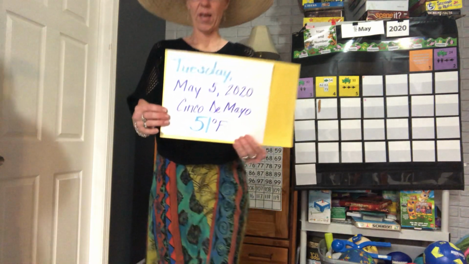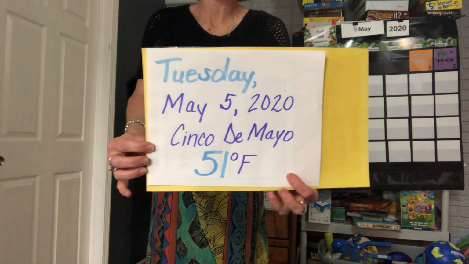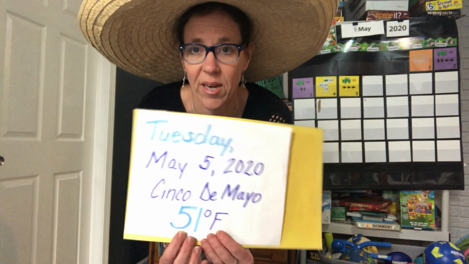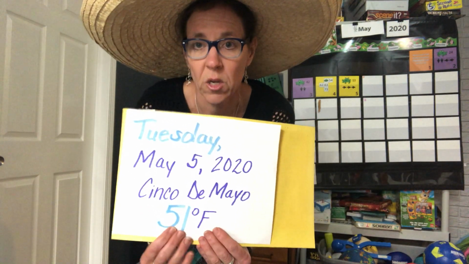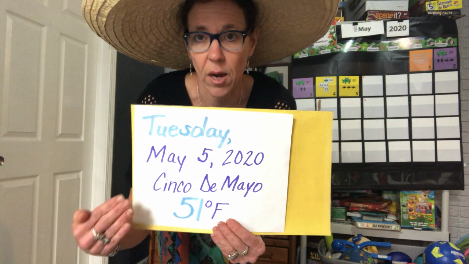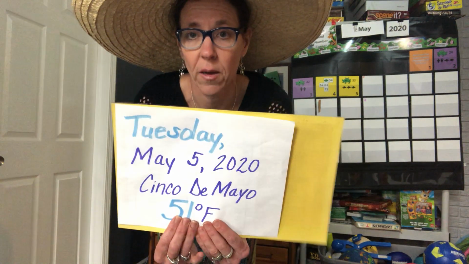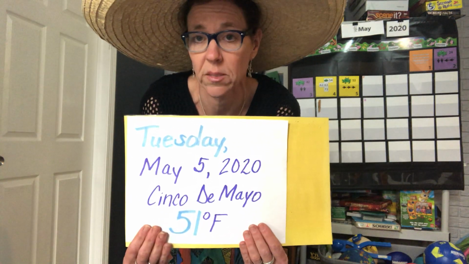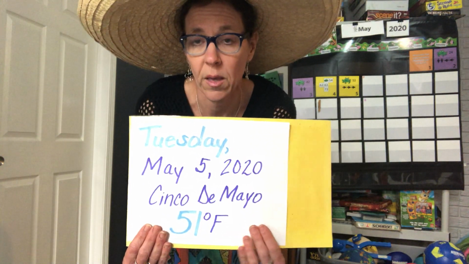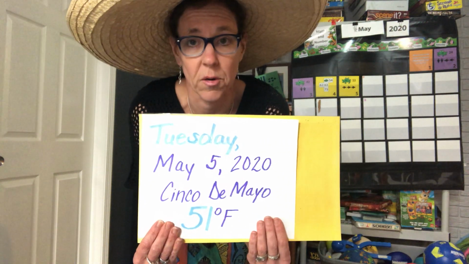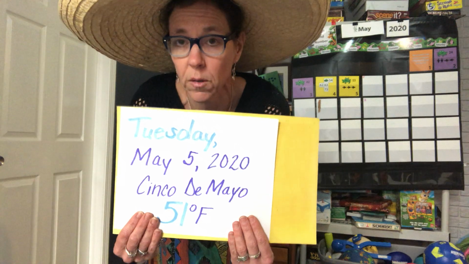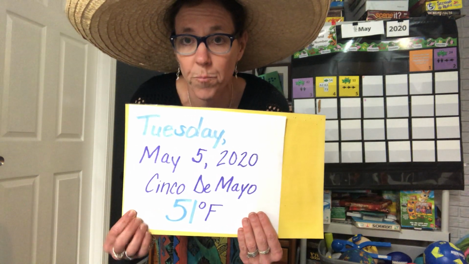Crazy, huh? Today is Tuesday, May 5th, 2020. Today is Cinco de Mayo, so that is the 5th of May. During your reading lesson today, we're going to talk about the meaning of Cinco de Mayo and how it gets its name and what we are celebrating if we celebrate Cinco de Mayo. It has to do with a country that we learned about during our trip around the world earlier this year, about Mexico. So we're going to talk about it later.